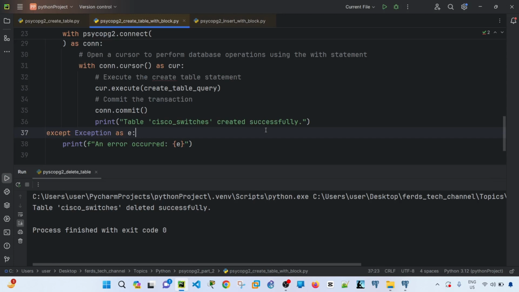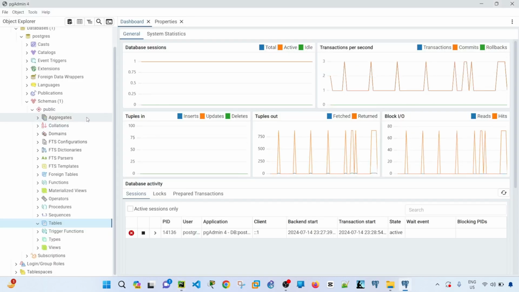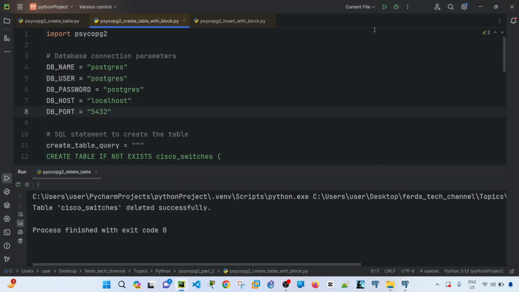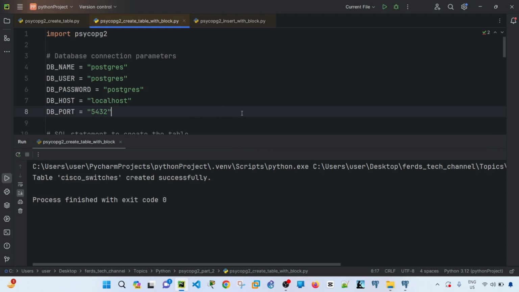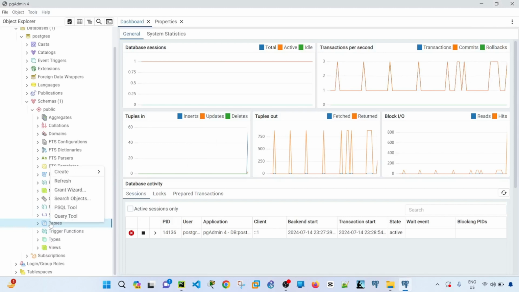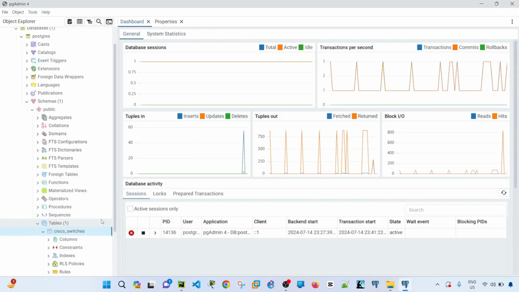So let me go ahead and run this code. But before I run it, let me show you the pgAdmin. So we can see that there's no tables yet. So let me run this code. It says table Cisco_switches created successfully. So let me verify that. We can just refresh. Let me refresh here. Now we see a table,